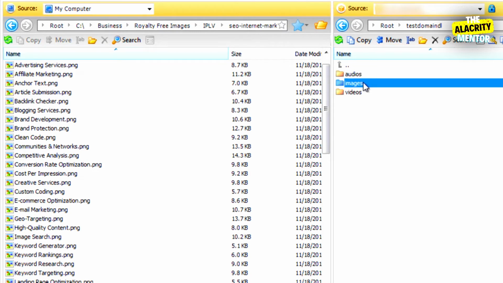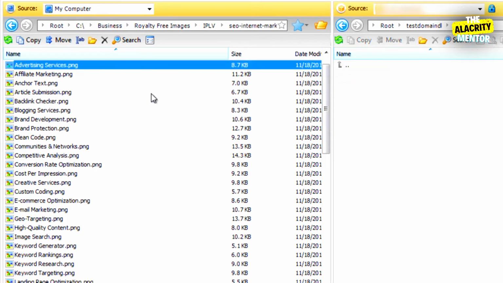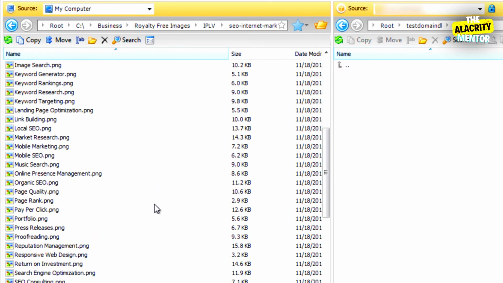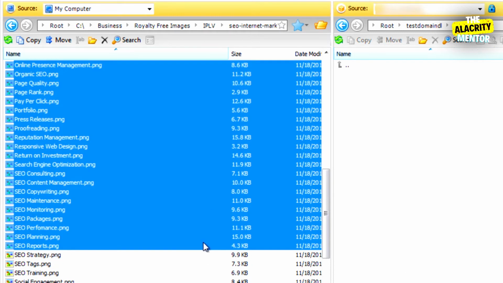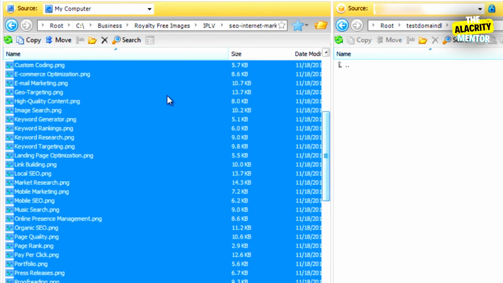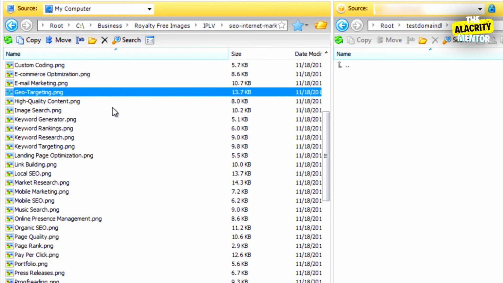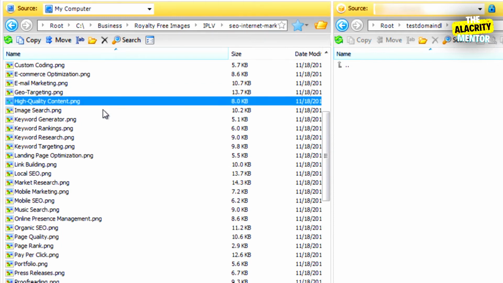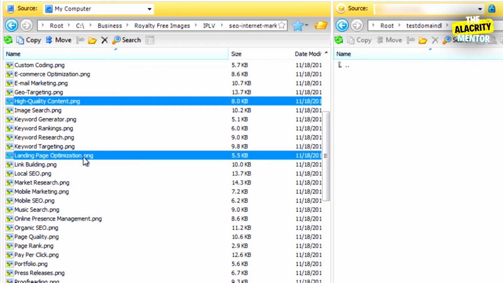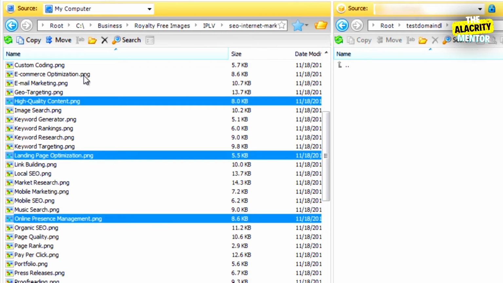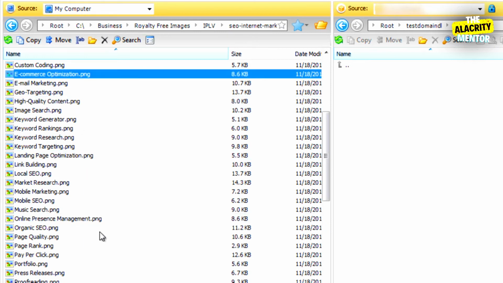Now I've got an images folder, and these are images over here, and I'm going to transfer these files over to here. You can either select them individually, or if you want to highlight a certain amount, you can click the shift button and go from here to here. Another thing is you can use the control or command key to select this one, and let's say you only want this one and this one. So that's how to select the files.